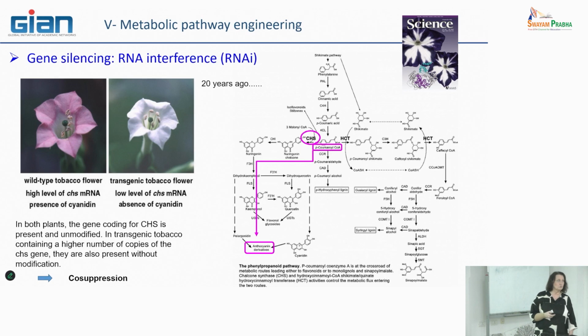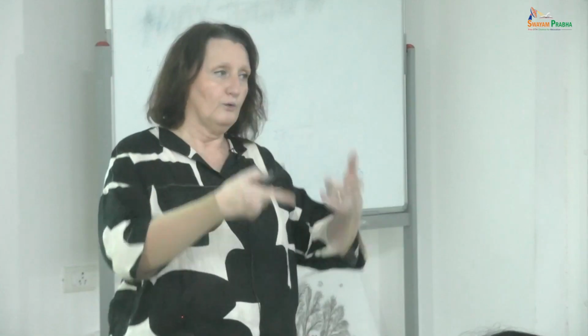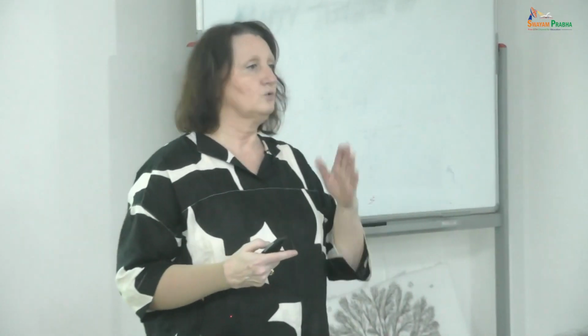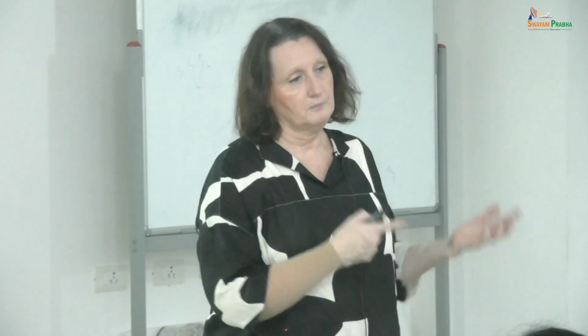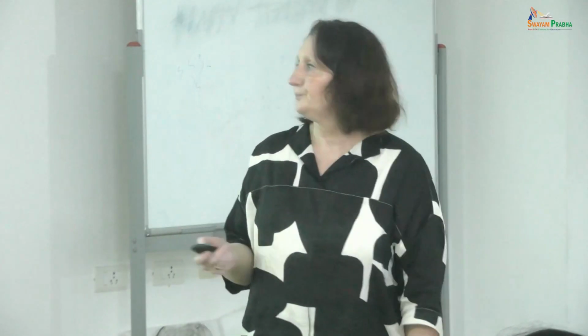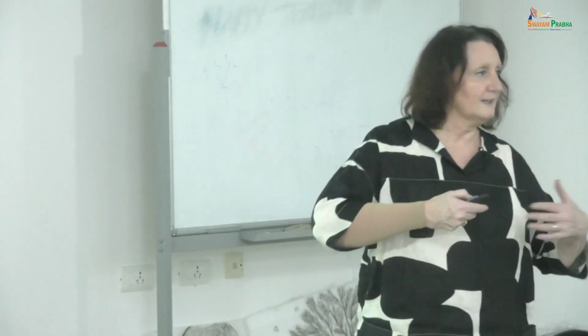So they did something really simple. They took the gene of the plant, and they introduced by an agrobacterium strategy several other copies of the same gene. Meaning that if you have not only one, but 2, 3, or 4 genes of the same enzyme, you will have a higher amount of transcript and, by consequence, a higher amount of protein. So they did that. They regenerated several transgenic plants.